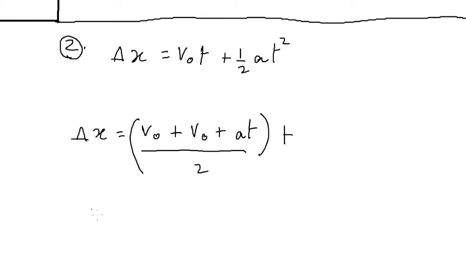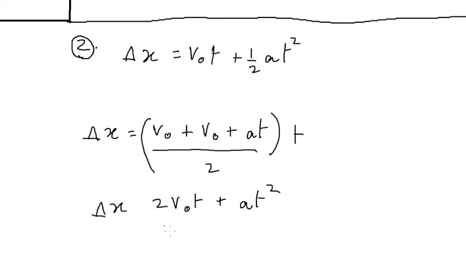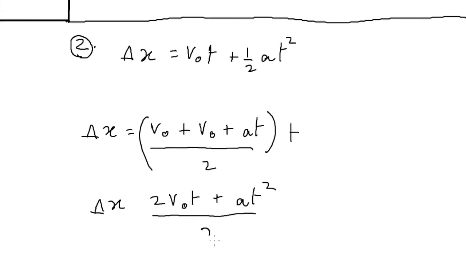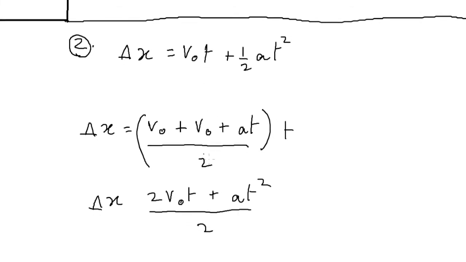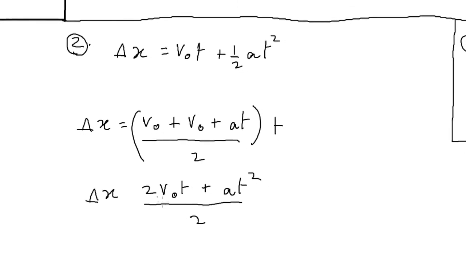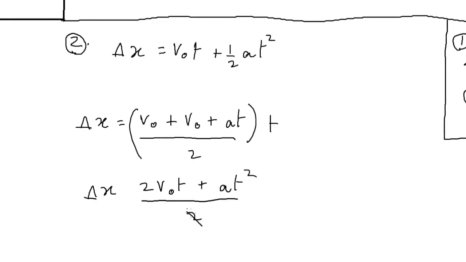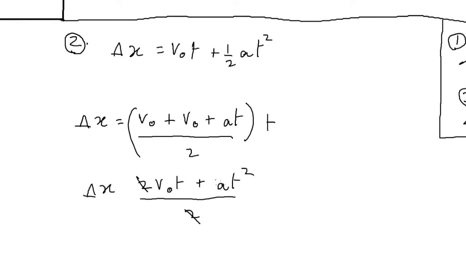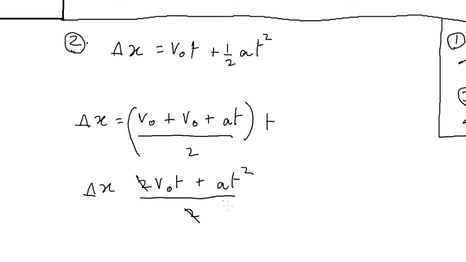So what happens when you expand this? Well, you get 2 times the initial velocity plus initial velocity times time plus the acceleration times time squared divided by 2. Now this is very similar to the actual equation. All you have to do is distribute the half across both. So the 2 cancels out here and you get a half over here,